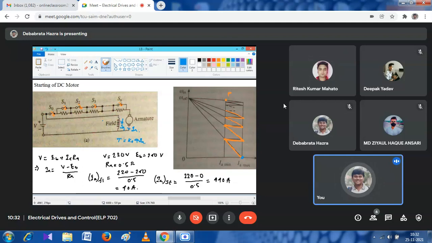ऐसा होगा। अगर टॉर्क क्रिएट होगा तो क्या होगा, मोटर घूमने लगेगा, वो स्पीड इंक्रीज करेगा, फ्रॉम जीरो, जीरो से वो स्पीड को इंक्रीज करने वाला है। अगर इंक्रीज करेगा तो तब बैक ईएमएफ भी आएगा, जितना स्पीड बढ़ेगा उतना बैक ईएमएफ बढ़ेगा। जब बैक ईएमएफ बढ़ेगा तो आर्मेचर करंट क्या होगा, घटेगा। तो ये ग्रेजुअली डिक्रीज होकर वैल्यू गोज टू IA min आ जाएगी।